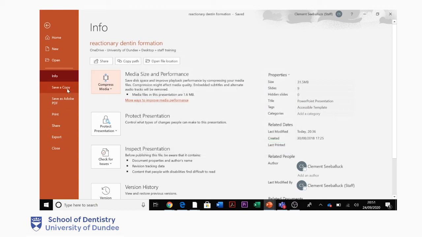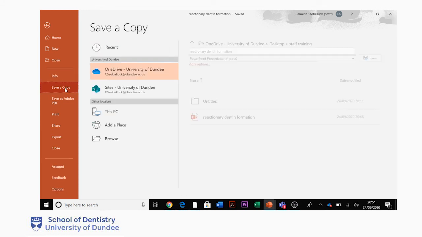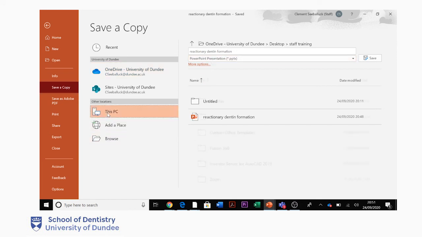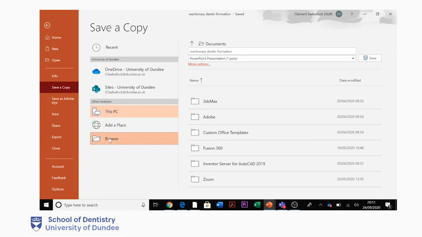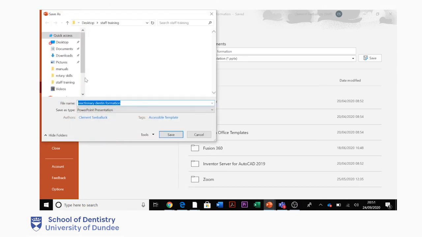I'm now going to save a copy of this file. And what I'm going to do is save this as a different type of thing. Normally when you save a file, it's down as a PowerPoint presentation. I'm going to choose the location for this. I'm going to choose my PC, and I'm going to browse. And I'm going to go to the staff training folder. And I'm going to call it